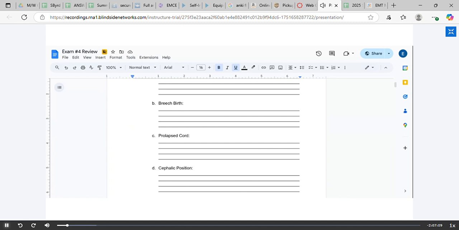This is one of 2 times that you are supposed to insert your gloved hand into the vagina to assist with either managing the fetus or sometimes with the rest of the birth. If you stick your hand in there and it makes enough room, she pushes and the head comes out, then there you go. With the breech birth, the first thing is you want to make sure that the mother is on high flow O2. That's an absolute. Anytime your mother is in active labor, she needs to be on high flow O2. And then for the head delivery,